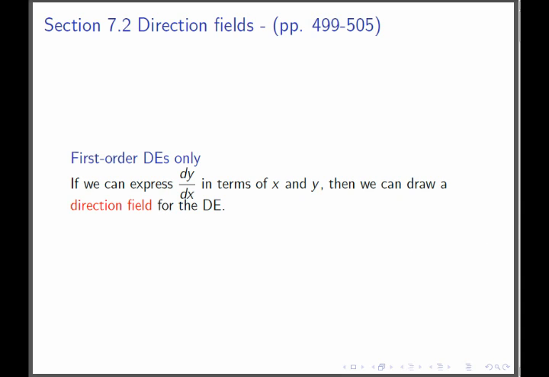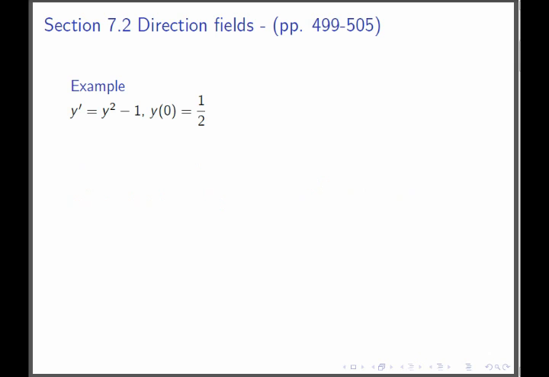The direction field is a visual tool which helps us to understand the shape of the solution without having to actually solve the equation. And the easiest way to see how this works is to just look at an example. Suppose we're considering the differential equation y prime equals y squared minus 1 with the initial condition that y of 0 is equal to 1/2. Well, we will be learning techniques to solve this differential equation in section 7.3, but for now, let's just look